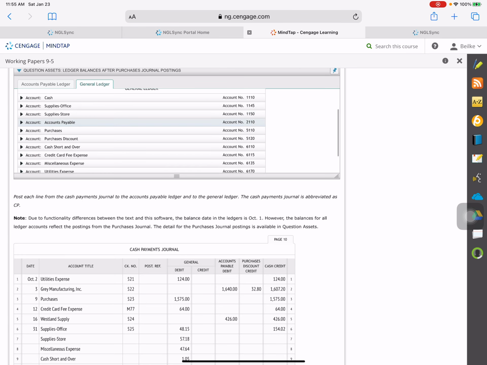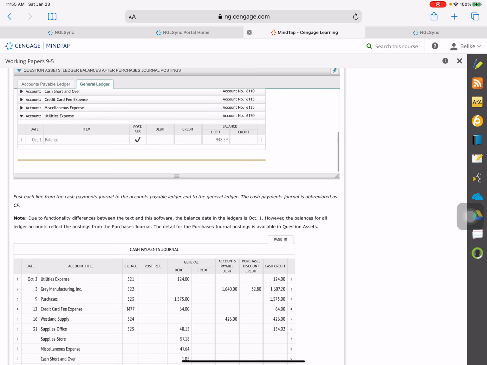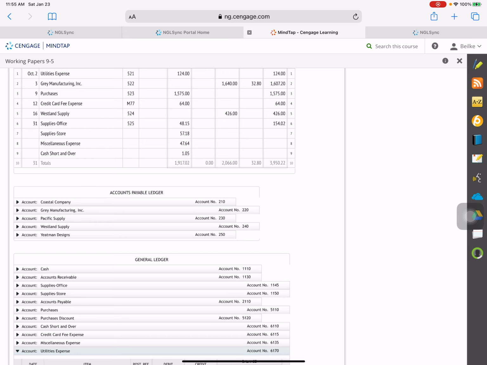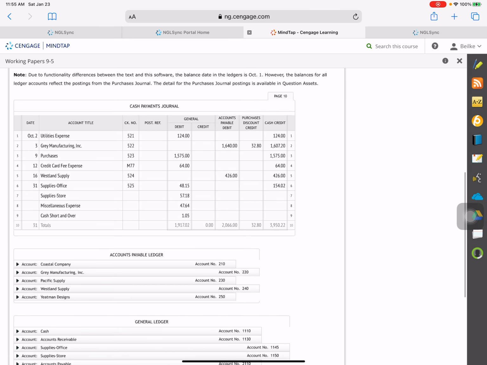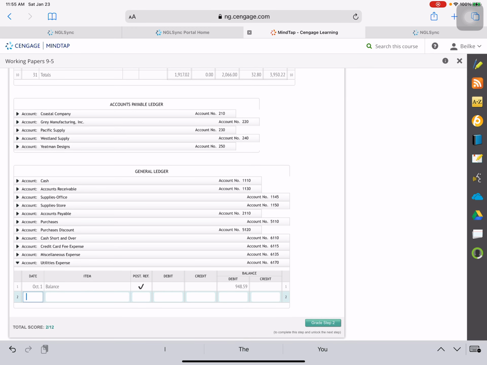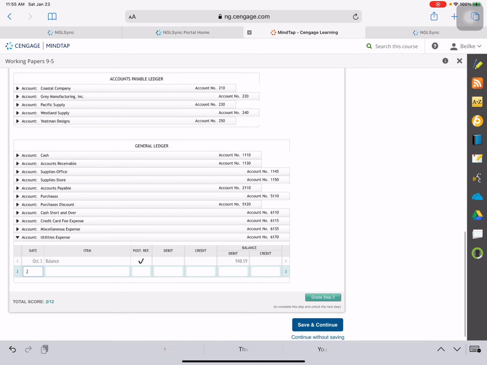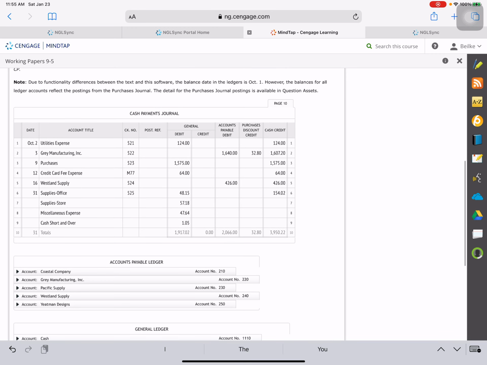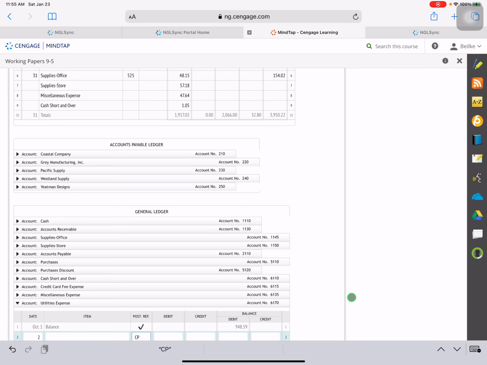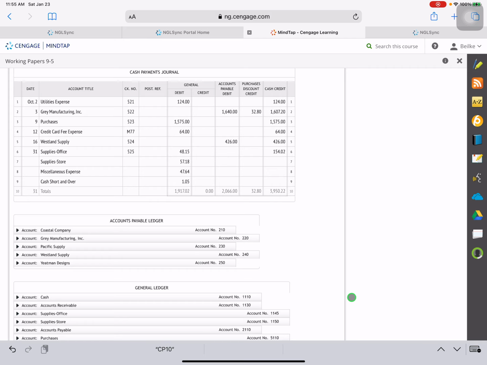We're going to find our utility expense. We are going to go through here. Sorry about that. Wrong one here. We're going to go down to our utility expense. We'll open that one up. And the date is the 2nd. Post reference, it comes from Cash Payments Journal, page 10. So CP 10. It says that it is a debit of